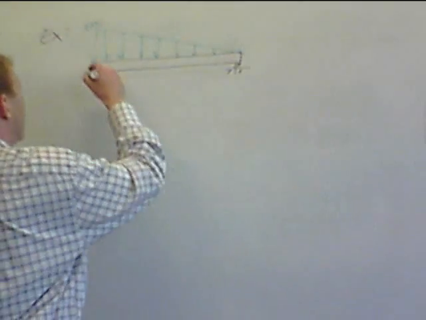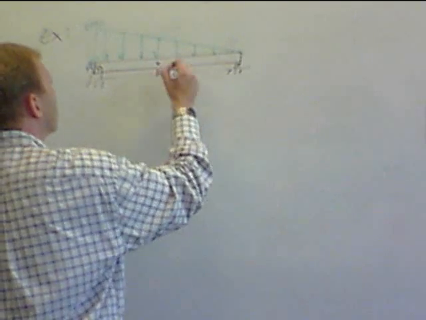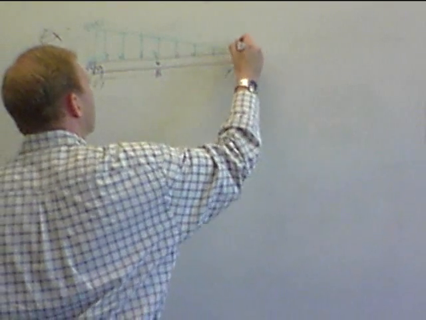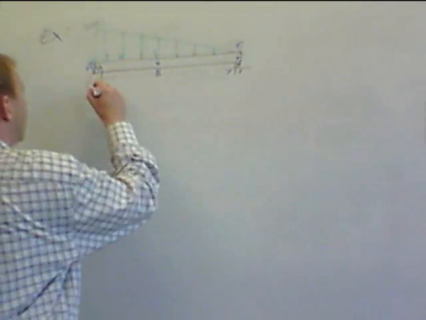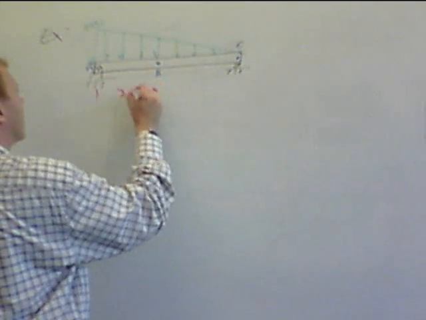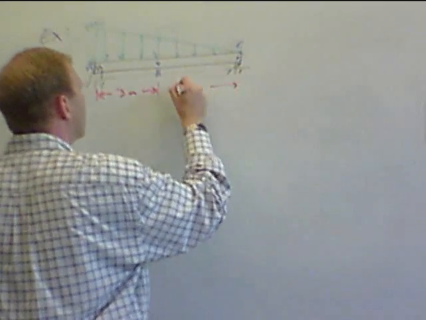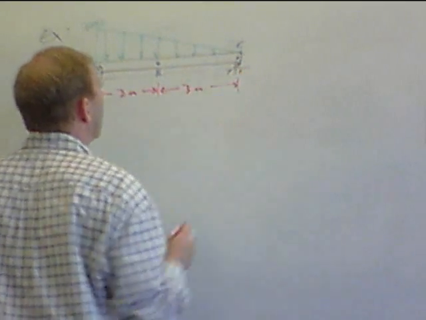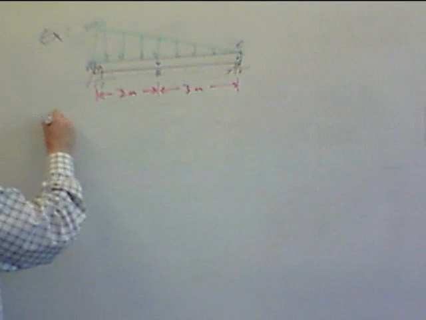Let me label points here. This will again be point A. Point B will be right smack in the middle, and point C will be over here. In terms of dimensions, 3 meters, 3 meters. And what I want to know is to find the internal loading, find the internal forces